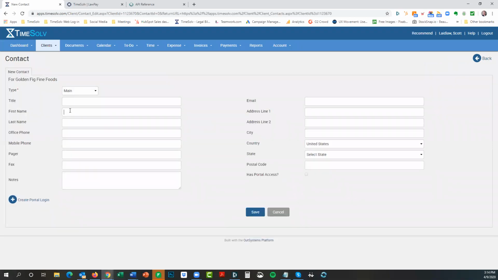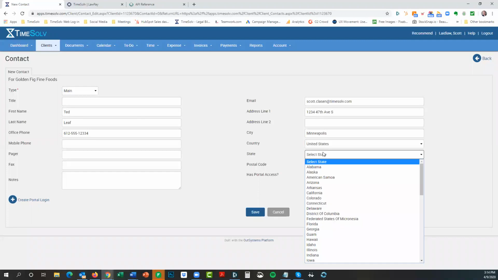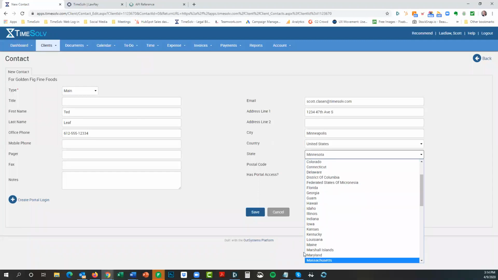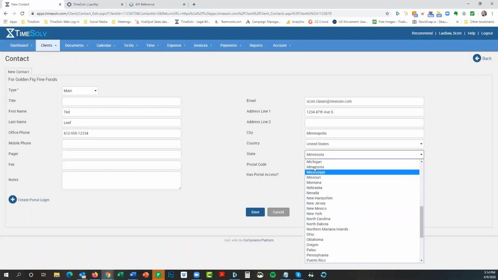So this is going to be Ted Leaf. Office phone is 612-555-1234. Email address, I'm going to have it be my email address because I'll be showing you what the emails look like that you get as somebody using the client portal. The address, let's see, 1234 47th Avenue South, Minneapolis, Minnesota